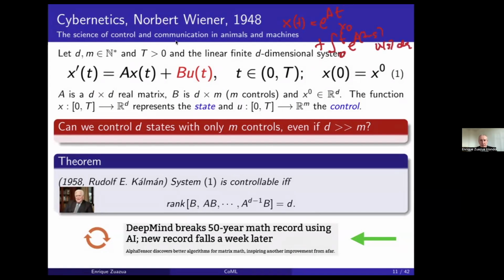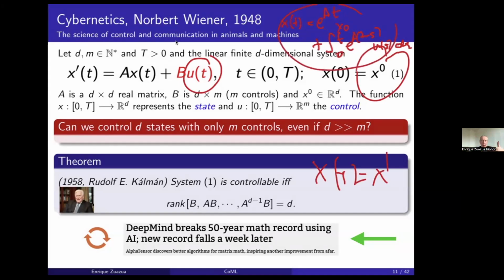So Kalman said, a system is said to be controllable if and only if for every x0 you give me, for every x1 you give me, origin and destination, and for every time window you give me, I can find a control u(t) so that the solution at t equals 0 takes the value x0, and at t equals T takes the value x1. And he checked this. He used the polynomial expansion of the exponential of A. When you are dealing with matrices, you know that the exponential of A can be written as a power series expansion. He used the Cayley-Hamilton theorem that says that every matrix is a zero of its characteristic polynomial,